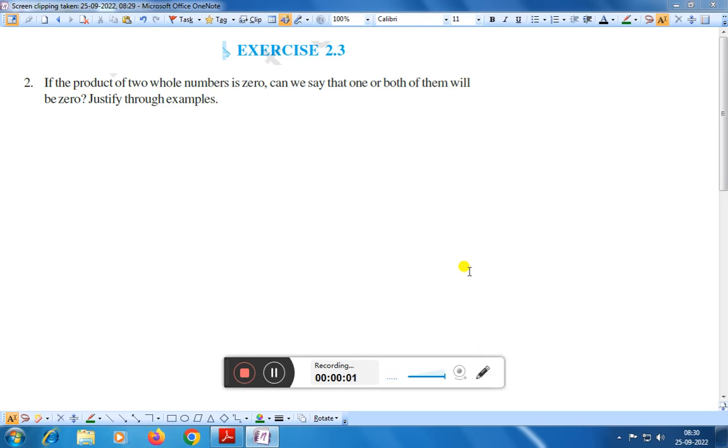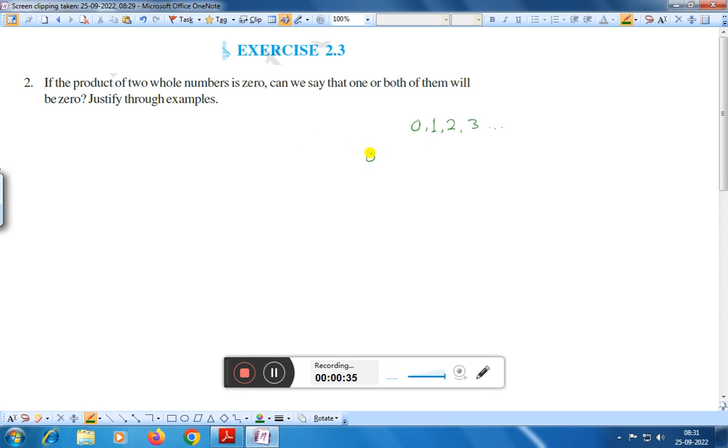Hello friends, today we shall discuss exercise 2.3, question number 2. If the product of two whole numbers is 0, we can say that one or both of them will be 0. Justify through example. Whole numbers, we know, start from 0, that is 0, 1, 2, 3, etc. Right? Now, if we multiply